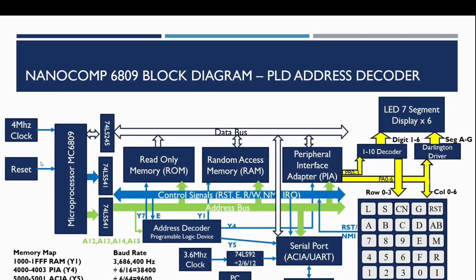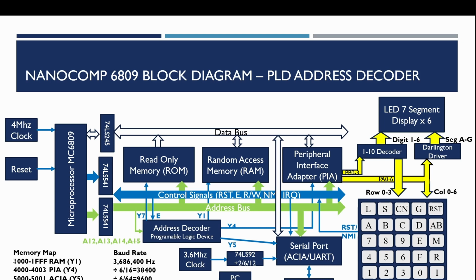The only real difference from previous diagrams is the buffers that we added in the previous video. The address decoder, which currently is a fairly standard 74LS138, a 3 input lines to 8 output lines binary decoder, we're going to be replacing with a programmable logic device. To start with, we're just going to keep the existing memory map.